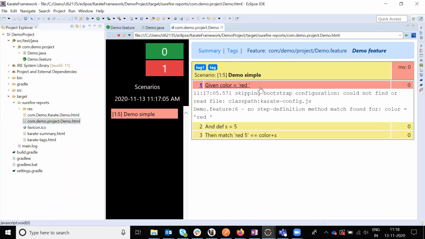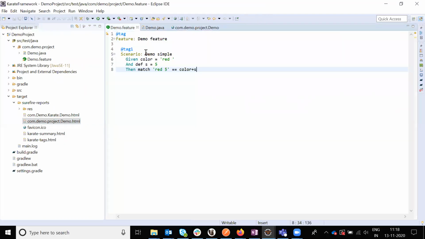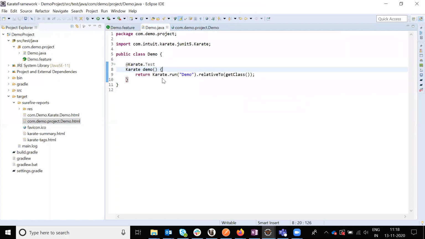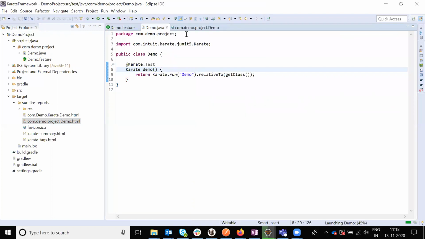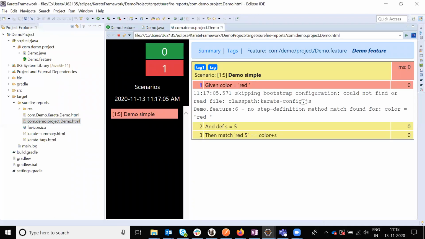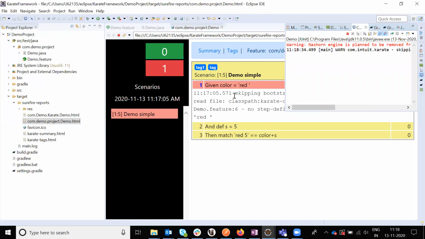Something is red, what kind of thing is missing? See, no step definition method matching found for color. Now something is matched here, def equal color. Then again we need to run this method. We can see what mistake happened in that particular place. We can get step by step information.